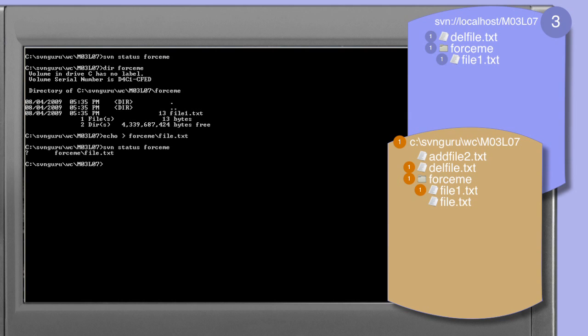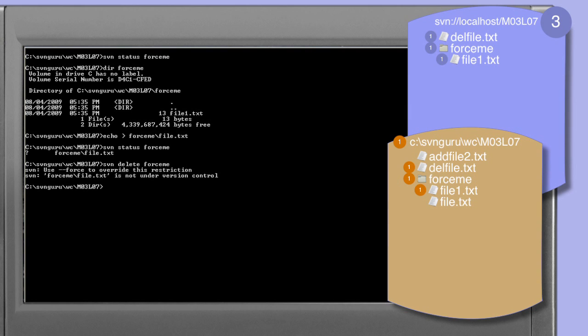They subsequently revisit their working copy and decide to delete the directory, forgetting that they've put all of the source code in there. We'll run the svn delete command on force.me. Now, we know that force.me contains an unversioned file. When the Subversion delete command is attempted on a directory which contains, for example, unversioned files, we receive the following